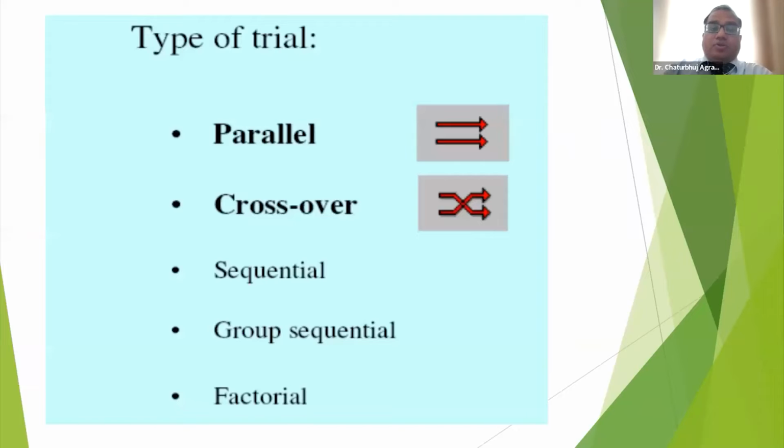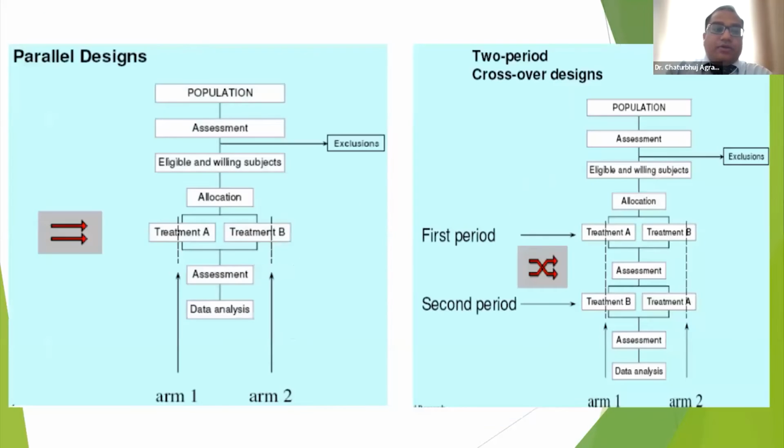So parallel and crossover studies, this is very important to know. Apart from that, there are sequential, group sequential, and factorial. So this is the main difference between the parallel and the crossover design. The main advantage of parallel studies is that when we assign a certain population to assessment, first we see whether they're eligible and willing subjects, then we allocate to one of the treatment arms, either treatment A or treatment B, and we do assessment and data analysis,